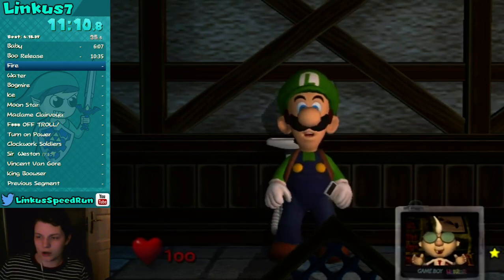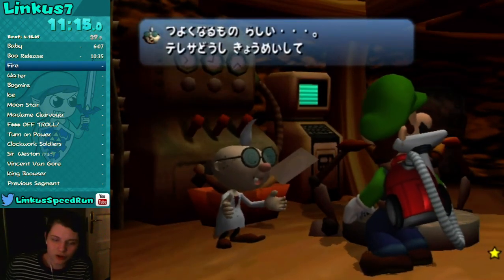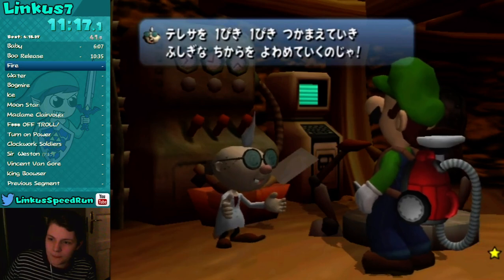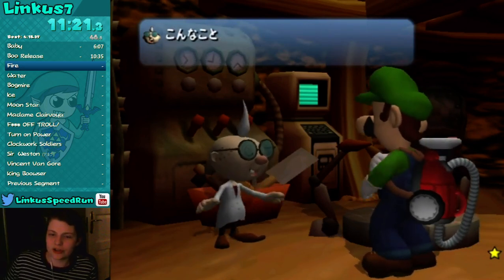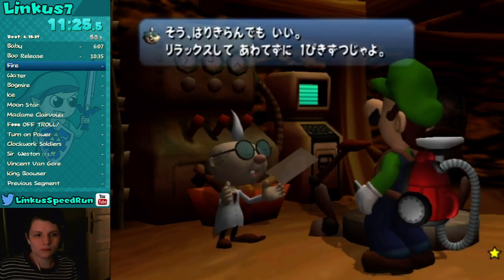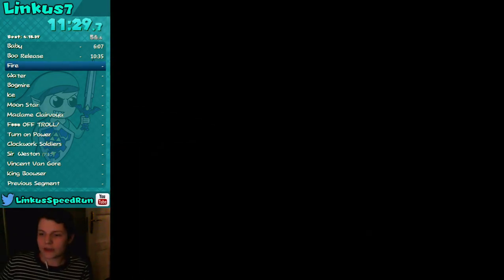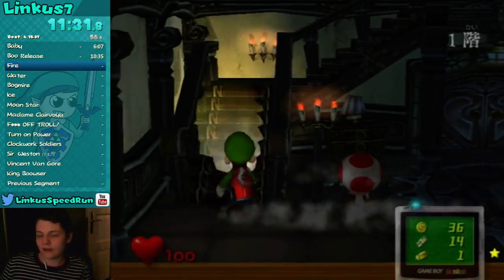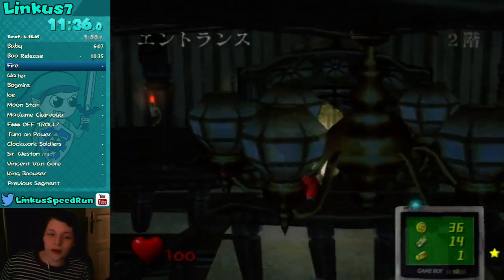So right now, this is a good example of a split that is showing off pure RNG. This fire split. Fire split is a split to see how good RNG you had in the first boos, because to get fire you need to get 5 boos to unlock the room where you get fire, and